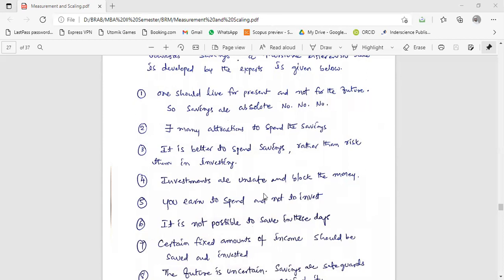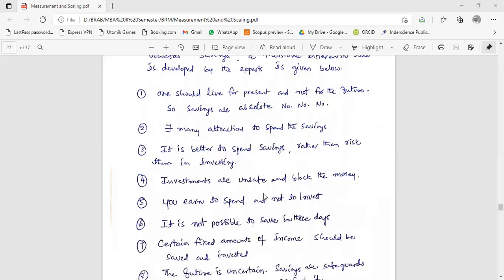Yeah, correct. So what is the first statement? One should live for the present and not for the future, so savings are absolutely no, no, no. Is it a favorable statement or unfavorable statement? Unfavorable only. How? Because here we are making savings for the future only.